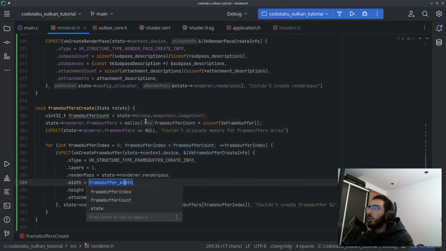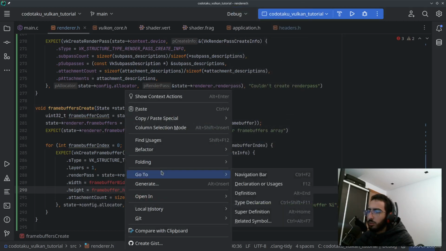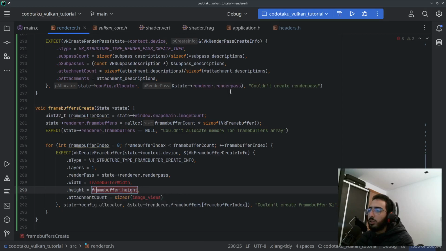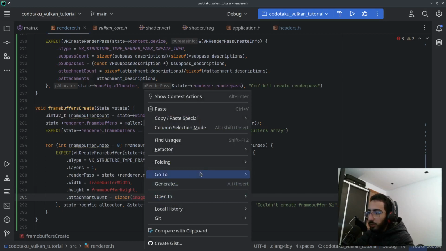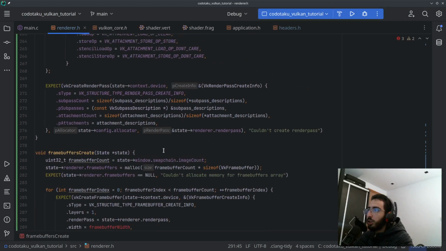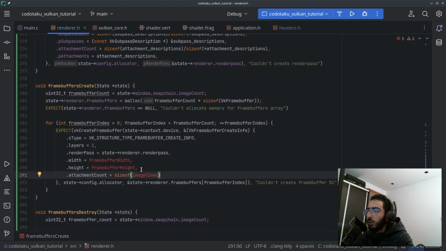Glad I noticed right now. Just using refactor. Okay, image views. And of course, this refactor actually changes it everywhere here, at least in this function. Could create frame buffer index. Now nice, alright, nice. So image views divided by